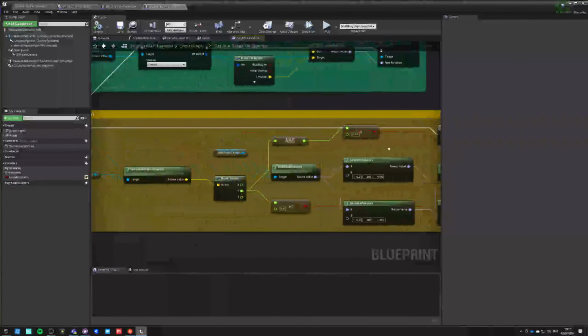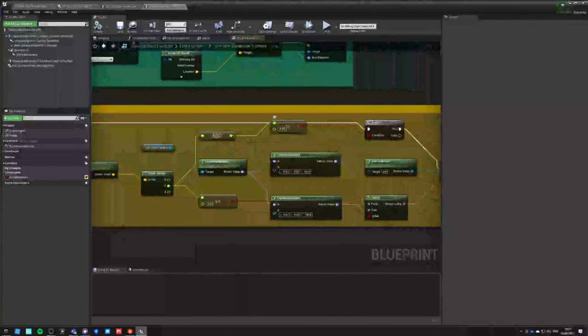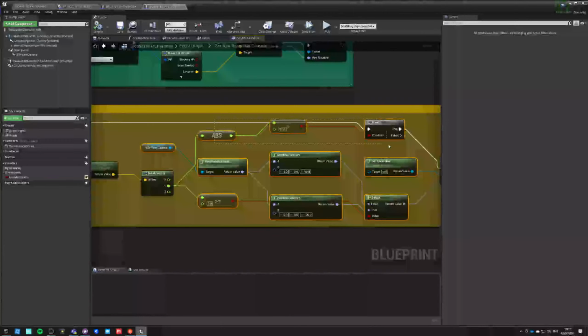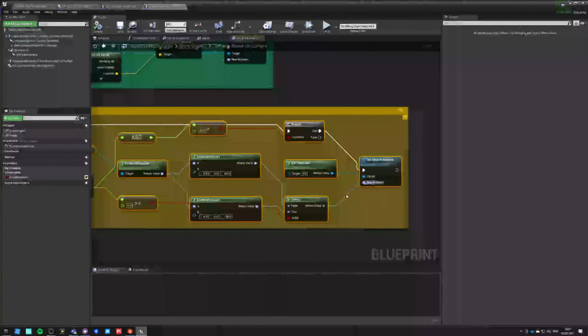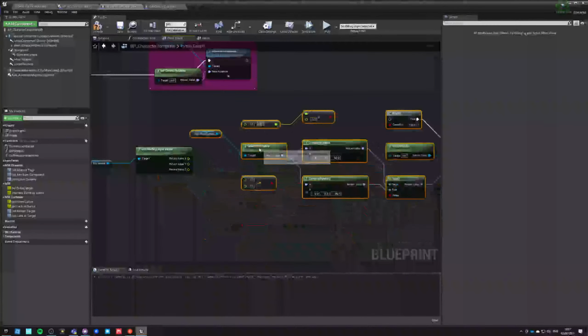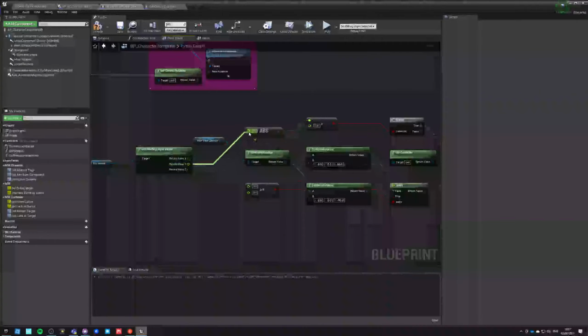Okay, so if it is beyond a certain threshold, then do this. So I can actually just copy all of that, and I can just go into my character template and paste it, and the only difference is that I am actually taking this value,